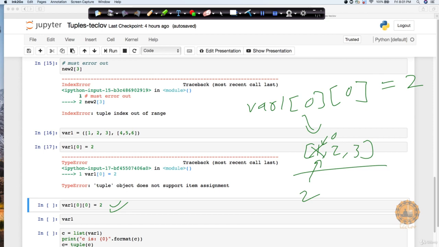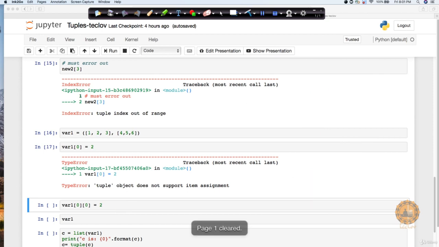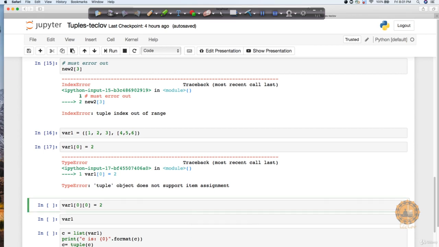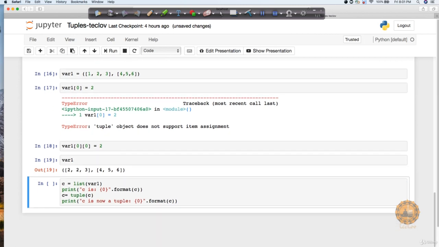Let's see this. So here, if I come back and execute this statement, you will notice that if I print var1, it is going to return 2 2 3, because 1 is replaced by 2. Similarly, you can also convert a tuple to a list by stating list on top of var1, and C is going to be of type list.